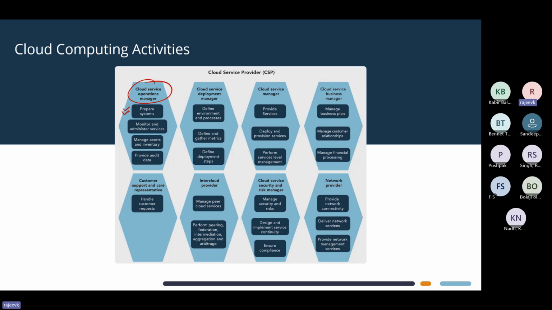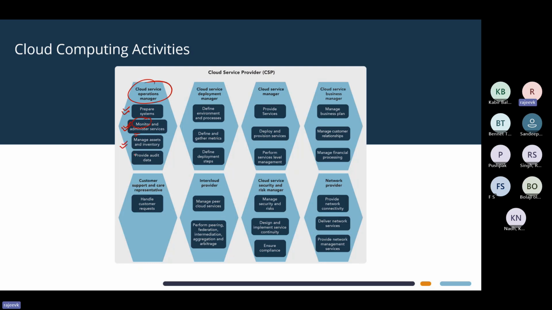Okay, now they will test the product, provide the feedback, and based on that, the provider will decide whether it is okay to release in the market, right? So prepare the system for the infrastructure. That is the responsibility of the operation manager there. Then monitor and administrate the service. Definitely that is another, not only preparation, but also to ensure that proper monitoring is going on, administration is going on,